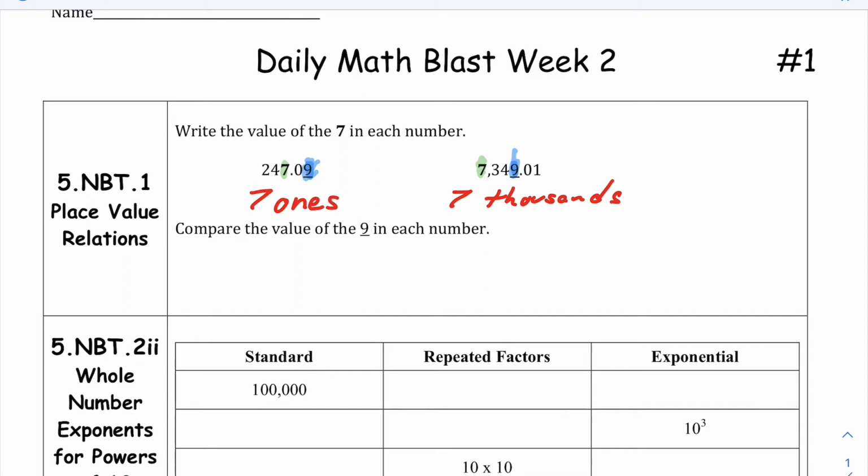So 9 ones is... Now, to determine the value and to compare these 9 ones. Now, to get the 9 in the hundredths place to the ones place, I would have to shift it 1, 2 times. So that's multiplying it by 10 once, and then multiplying it by 10 again. And I know 10 multiplied by 10 is 100. So therefore, 9 ones is 100 times